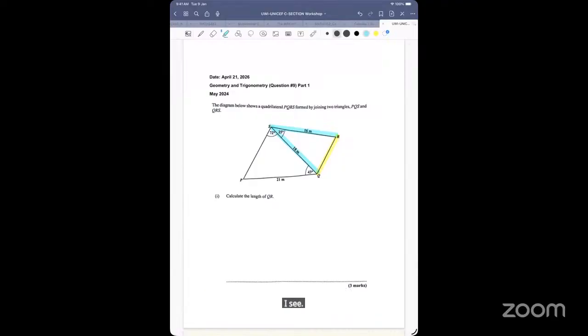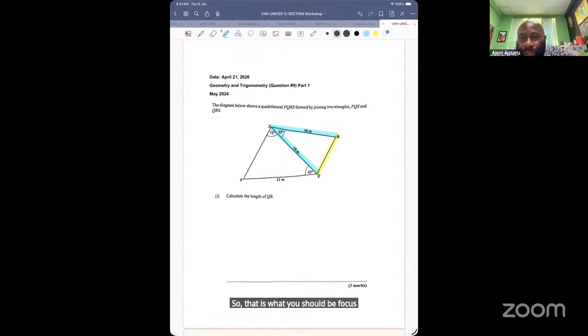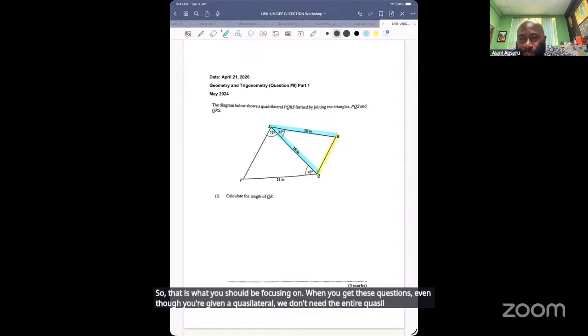So that is what you should be focusing on when you get these questions. Even though you're given a quadrilateral, we don't need the entire quadrilateral in order to contemplate the side QR. QR is a side of the triangle QRS. So we're just working with that triangle. And